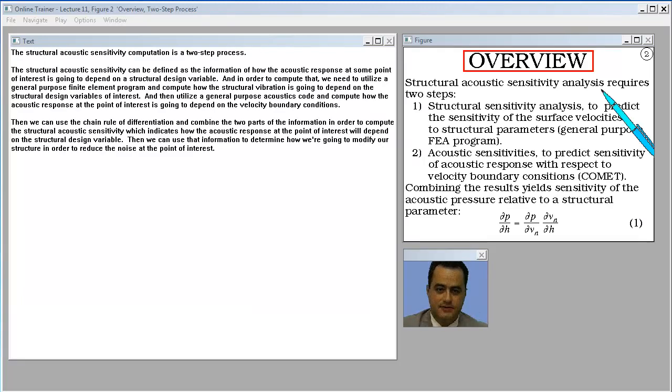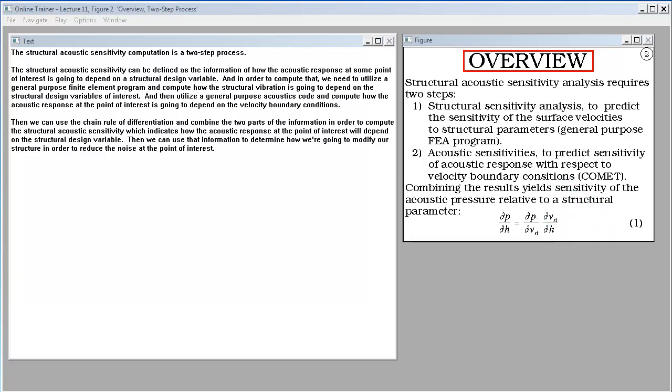The structural acoustic sensitivity computation is a two-step process. The structural acoustic sensitivity can be defined as the information of how the acoustic response at some point of interest is going to depend on a structural design variable. And in order to compute that, we need to utilize a general purpose finite element program and compute how the structural vibration is going to depend on the structural design variables of interest, and then utilize a general purpose acoustics code and compute how the acoustic response at the point of interest is going to depend on the velocity boundary